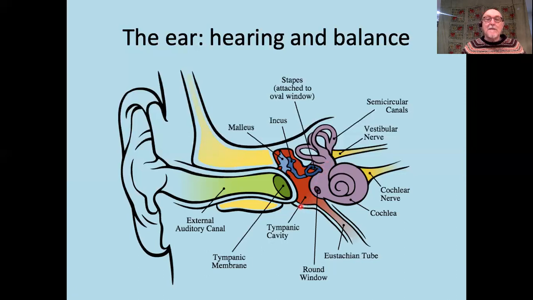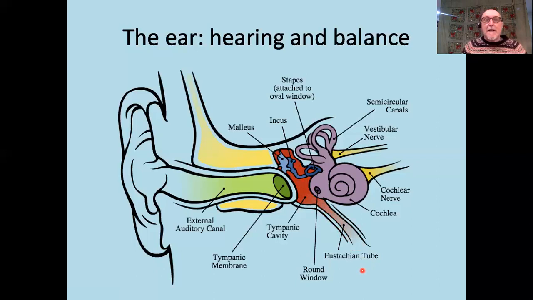But I just want to tell you a couple of things about the rest of the middle ear. The middle ear is filled with gas, and there is a very fine canal which connects with your throat. And under normal circumstances, that is open, and there are a couple of reasons for that. The first is that this allows gas pressure to be regulated inside your middle ear. And under normal circumstances, this happens unconsciously. We continually clear the middle ear here to maintain the same atmospheric pressure that we have outside.